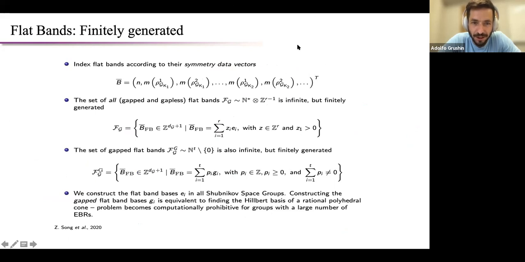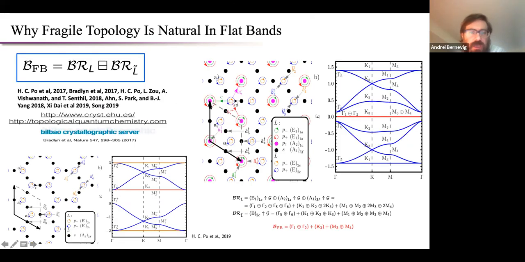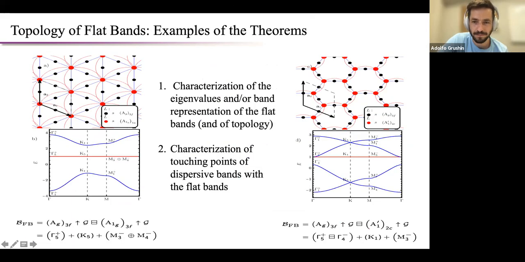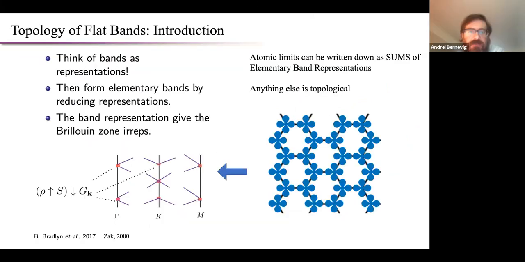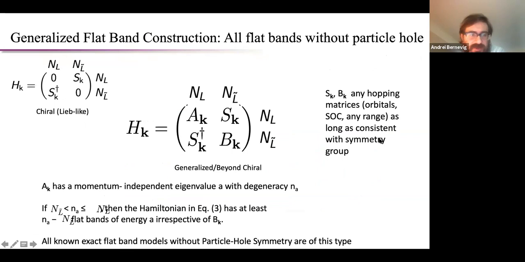Question from Mikel Garcia: what is the robustness of the flat band against longer range hoppings? There is 100% robustness as long as your Hamiltonian is this, or your Hamiltonian is this. Notice I didn't tell you what S of k is. It can be any hoppings, any orbitals. It's 100% robust. It's going to be an exact flat band. So it's a very good question.